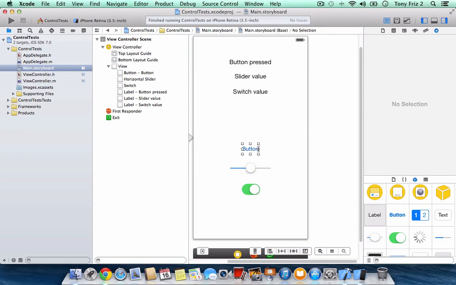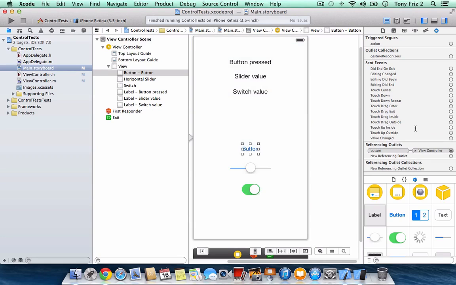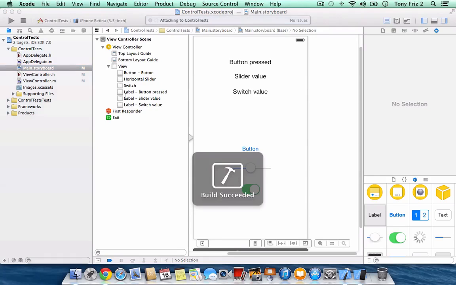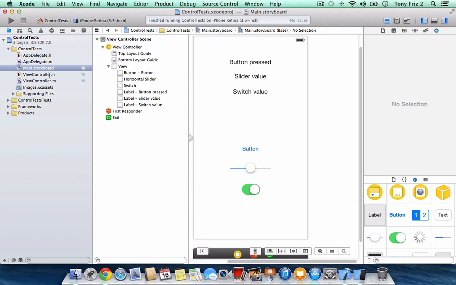Now select the button, and in the Connections Inspector, cancel the link between the Touch Up Inside event and the call to the incrementButtonLabel action that belongs to the viewController class. You can do this by clicking on this tiny X at the top left of the box that represents the viewController. So now, if we run the application, you can see that pressing the button doesn't do anything. Go to viewController.m,